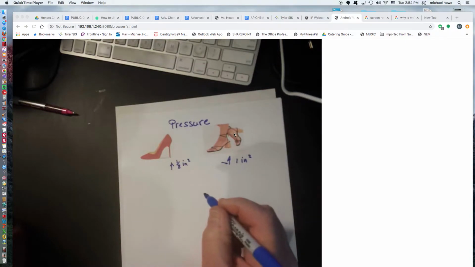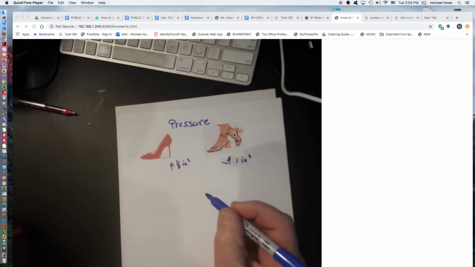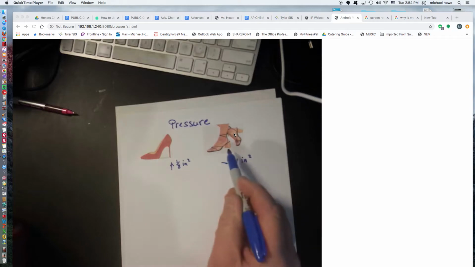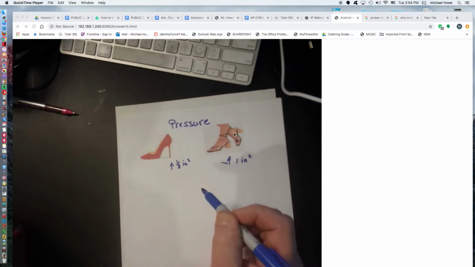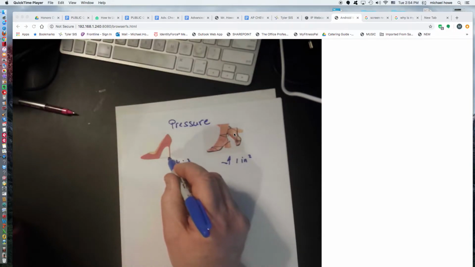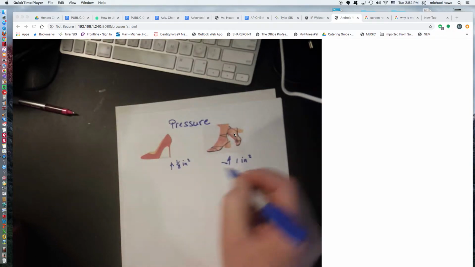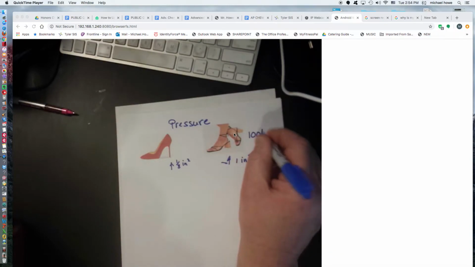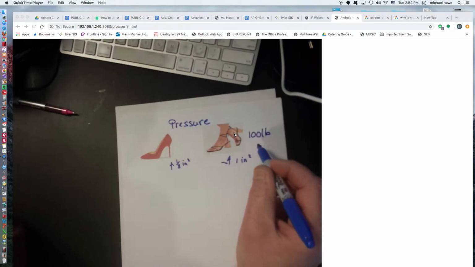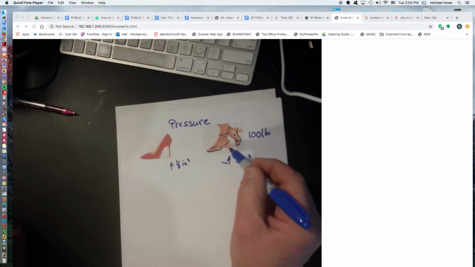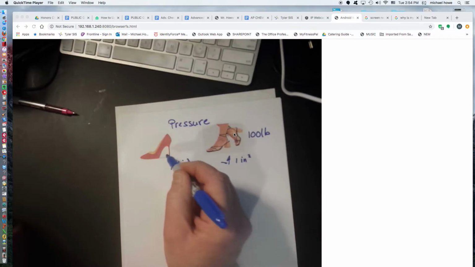In which case would there be more likelihood of doing damage to your hardwood floors? If you have a guest in your house that's wearing shoes like this, or wearing shoes like this. I think we'd probably all agree that these shoes had the potential to do damage to your floor. But let's suppose this lady weighed 100 pounds. If she weighs 100 pounds, is 100 pounds going to do damage to your floor? No, probably not. But if she's wearing a pair of shoes like these,